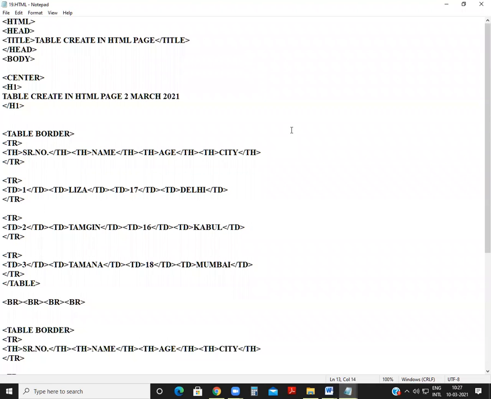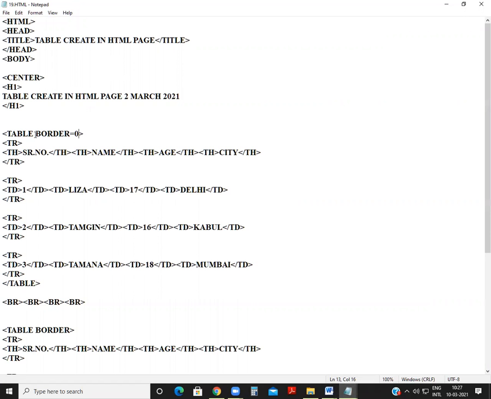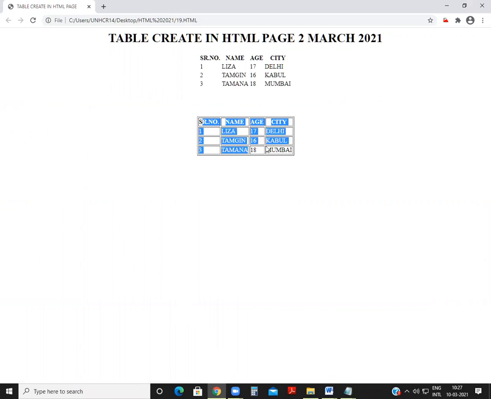And if you write here border 0, it means there's no border. At the place of border 0, you can do one thing: don't write anything here. So what will happen? There's no border. And for this, you write only the table border, so this border comes.